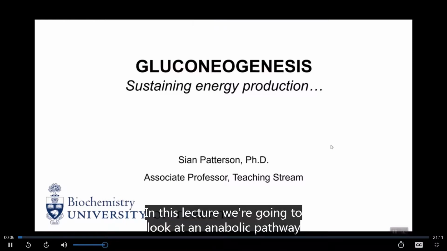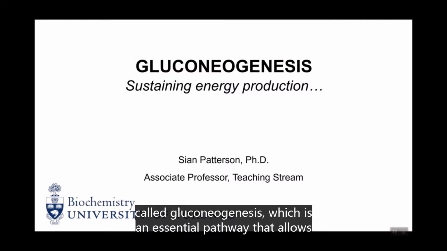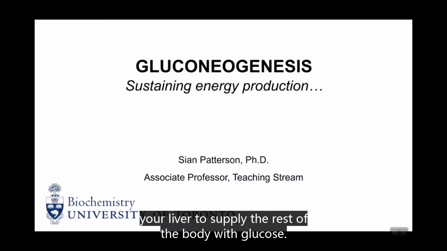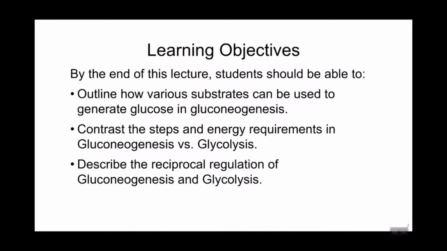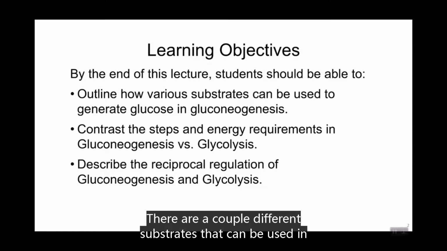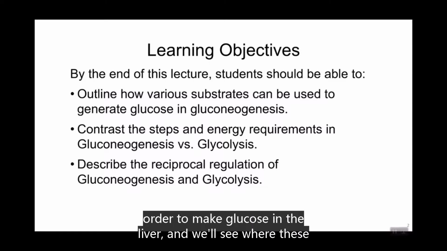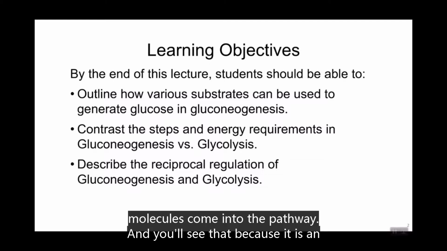In this lecture, we're going to look at an anabolic pathway called gluconeogenesis, which is an essential pathway that allows your liver to supply the rest of the body with glucose. There are a couple different substrates that can be used in order to make glucose in the liver, and we'll see where these molecules come into the pathway, and you'll see that because it is an anabolic pathway, we are